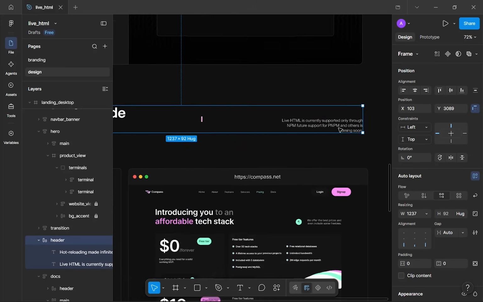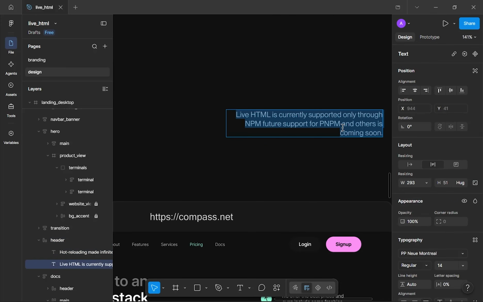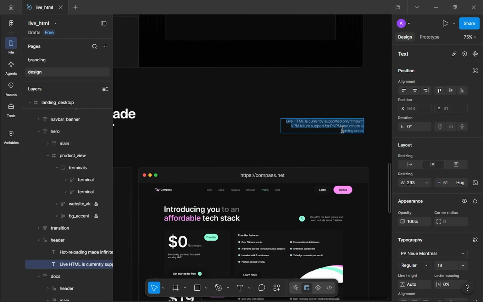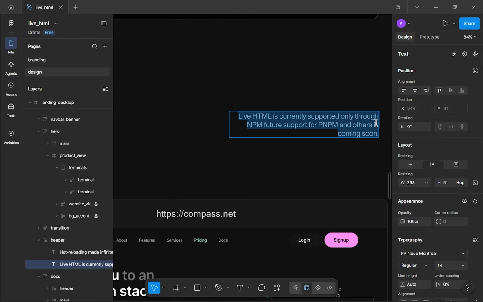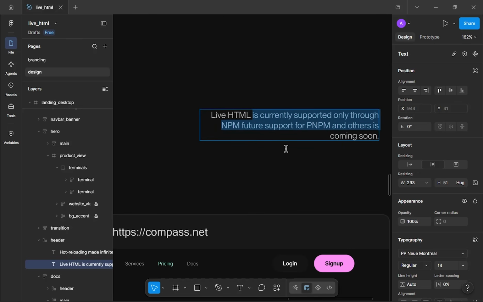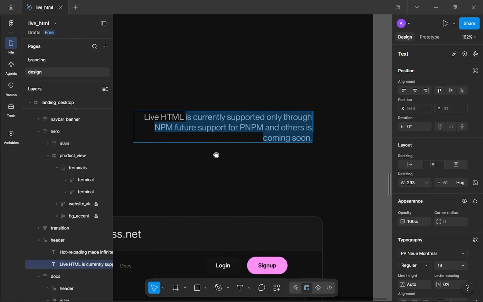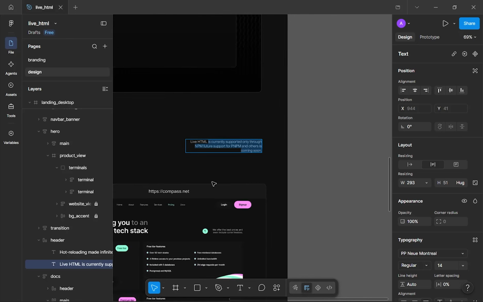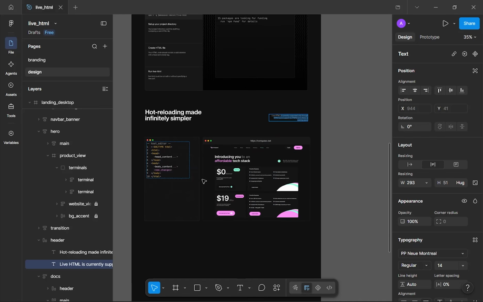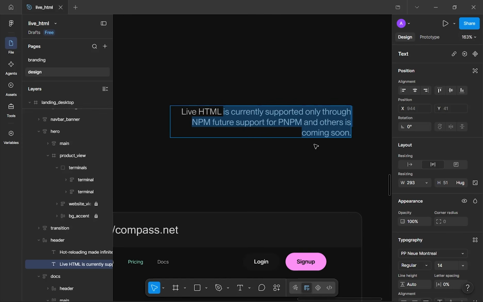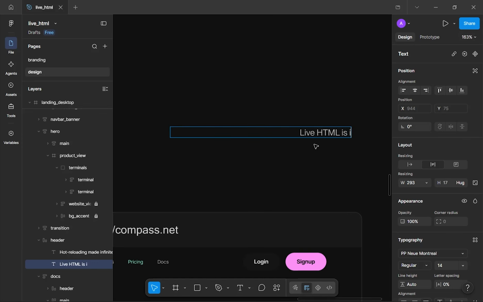Also, I need to change this. So let's do that. So yeah, live HTML. What can we write in this case that could very much define this section? It could help the user understand this section. It could be something like "Live HTML has incredibly fast live reloading